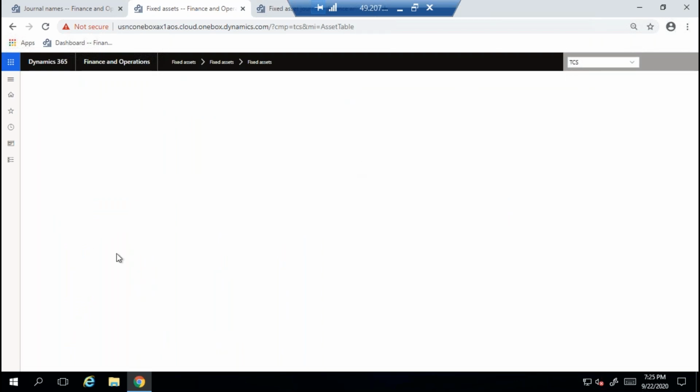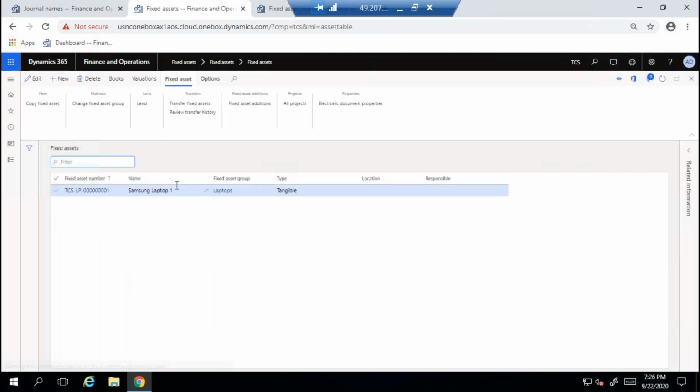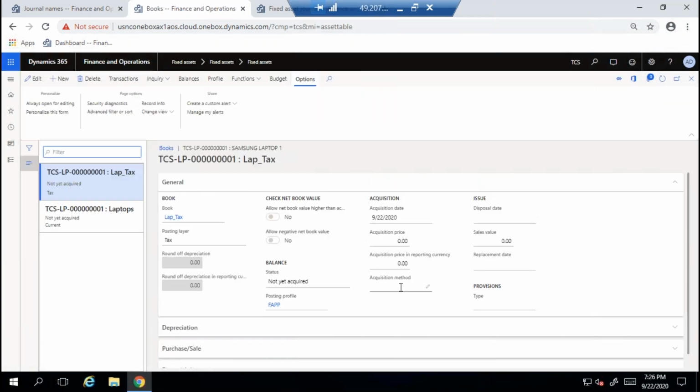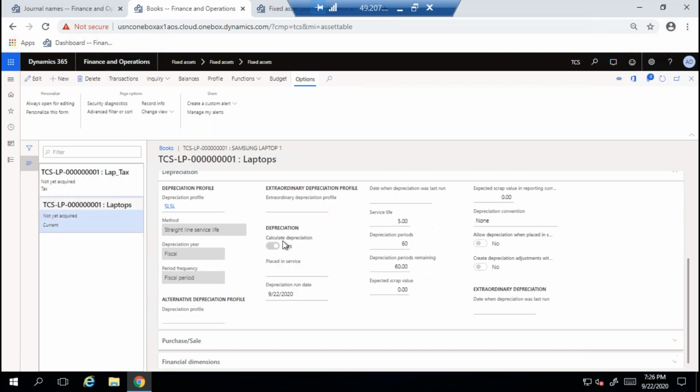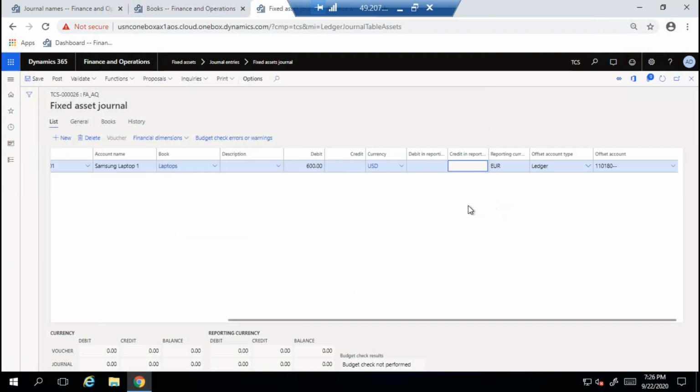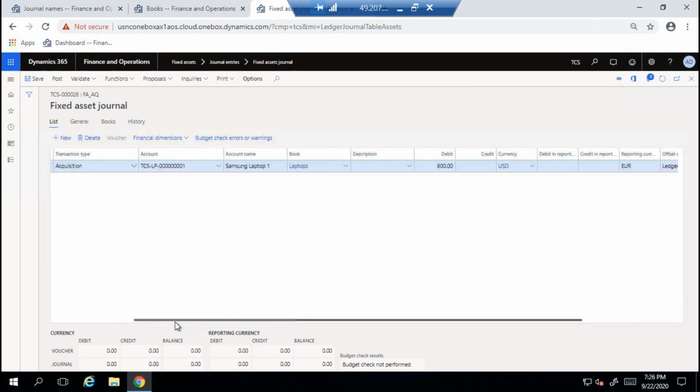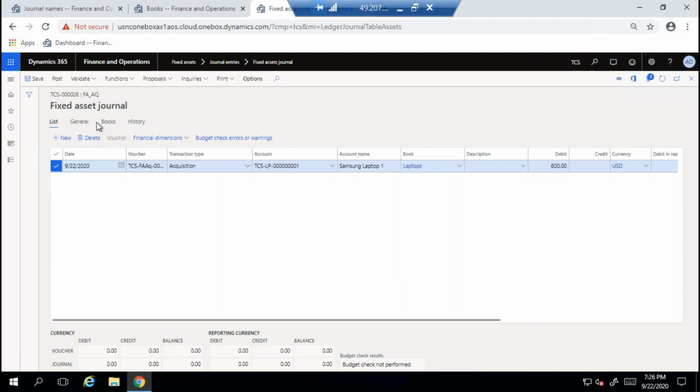Books. The life is in this current layer. In the current layer we have a life of 5 years. Okay, 5 years. Now 600, the offset account is cash. Now I am posting. Before posting, if you verify books,